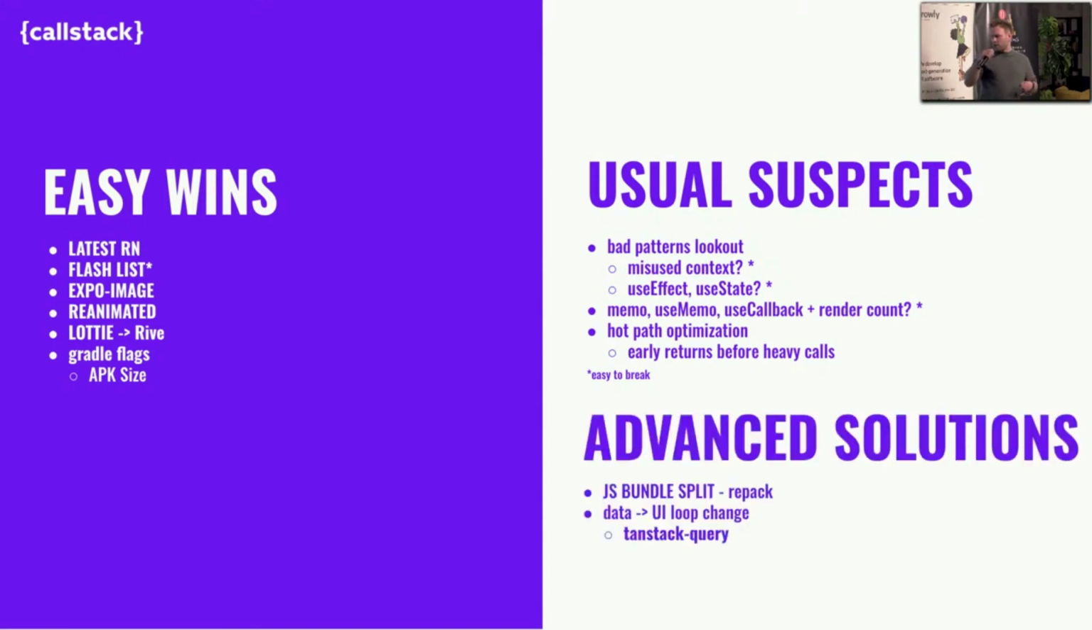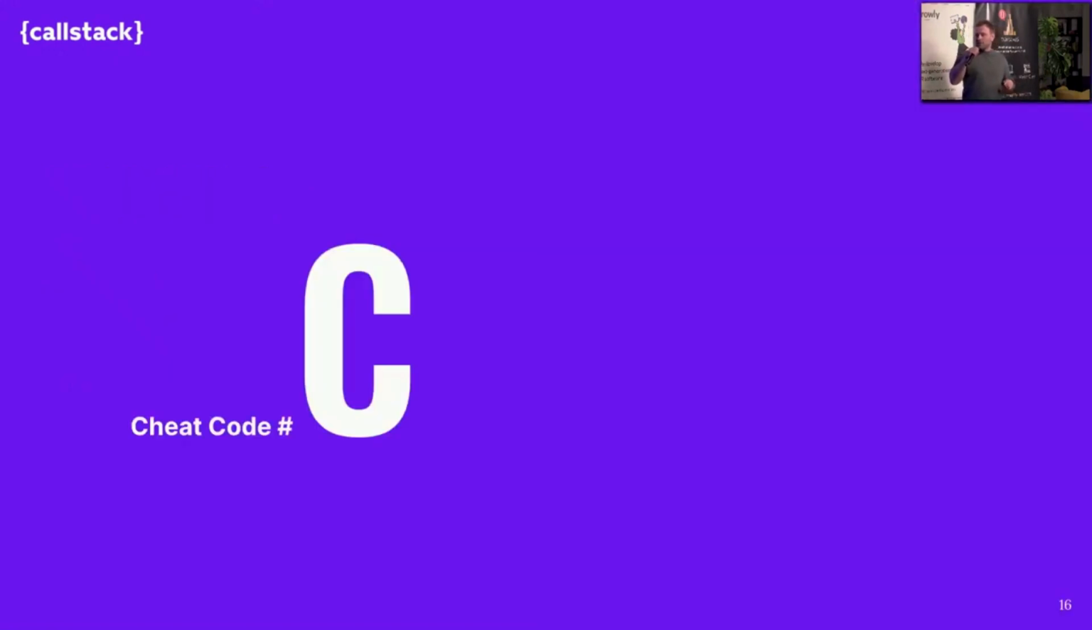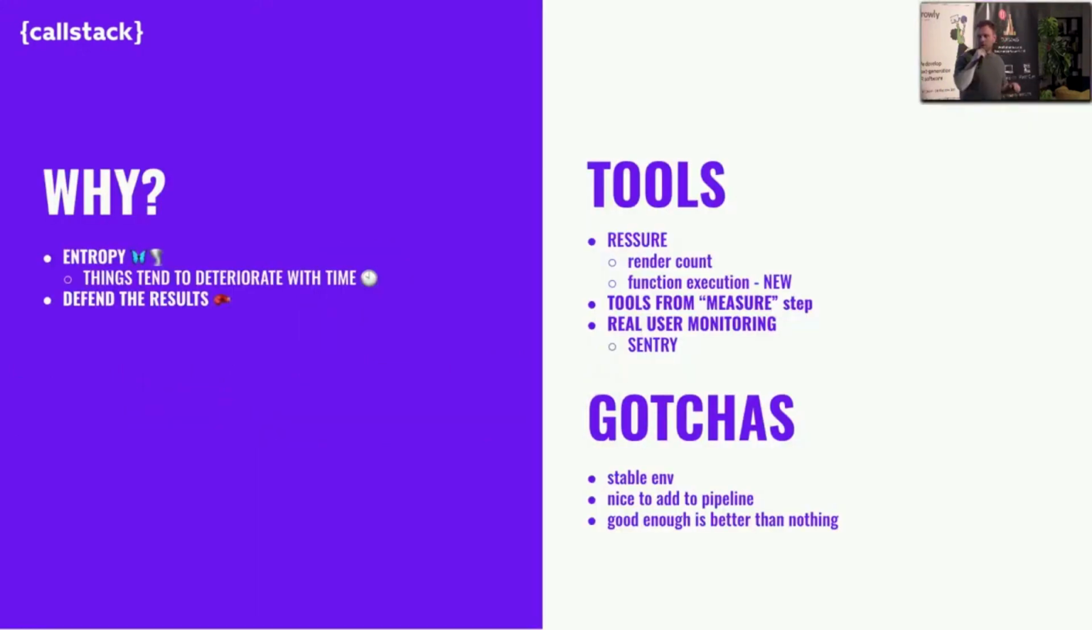So, and yeah, that's the advanced solution for React Native. And the cheat code number C is the most important one, in my opinion, and this is control. So I already spoke on WarsawJS like last year about a library called Reassure. And Reassure is a library for React and React Native where you can plug it into your pipeline and actually